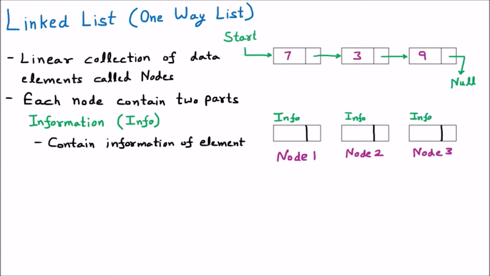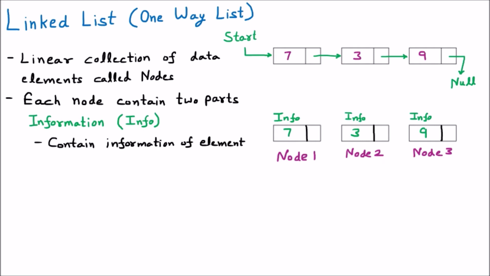Now what is the information? Whenever we store some values in an array, like 7, 3, 9, those values are called the information. If I have to store any value in an array, that value is called the information. Similarly in these nodes, if I store some value, that is called the information. Let us suppose I am storing some random values in the info part: 7, 3 and 9. So these are the 3 values I am storing. 3 nodes are required and in the info part of the 3 nodes we are storing the values. So this is the information part.